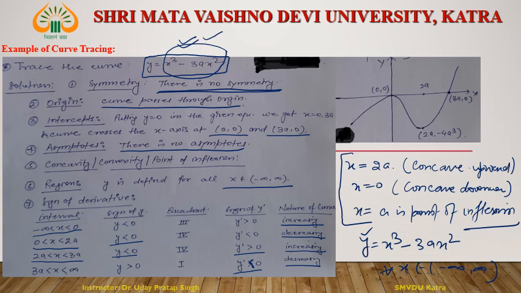See the curve: 0 0, 2a 0, 3a 0. The curve touches the x-axis at 0 0 and 3a 0. From minus infinity to 0, this curve is increasing. You can verify that this is increasing. And 0 to 2a it is decreasing, and 2a to 3a it is increasing, right? And 3a to infinity